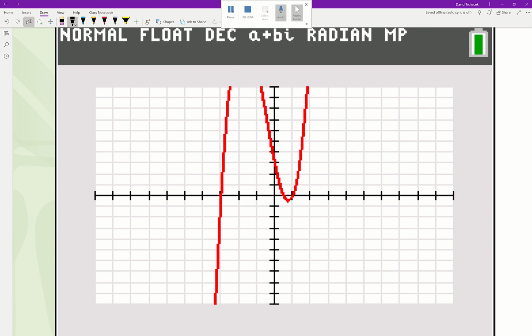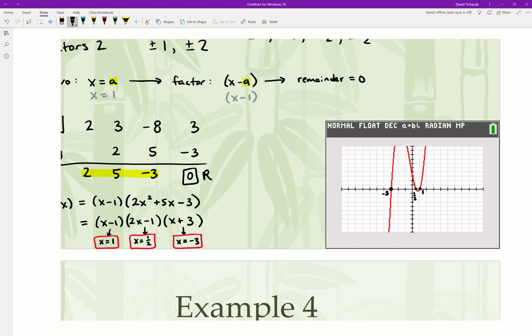If we were to graph this here, we have one of these zeros here at -3, okay? And then we also have another 0 here at 1/2 and another 0 here at +1. Okay, so we know we can visually check to see that we do cross the x-axis in these 3 locations. So that's pretty good. Okay, so a lot of different ways you could be able to check your answers here,